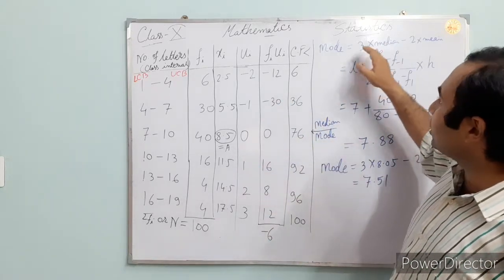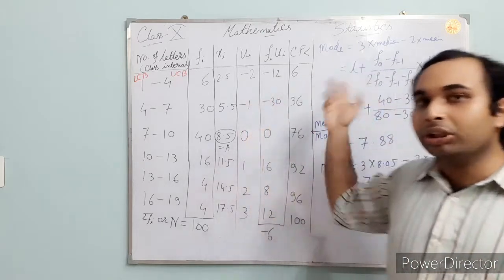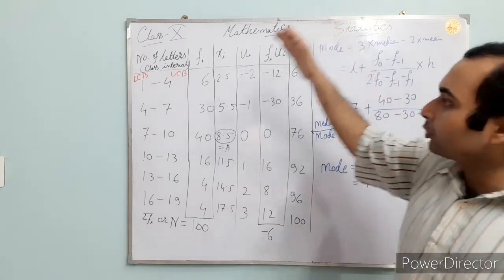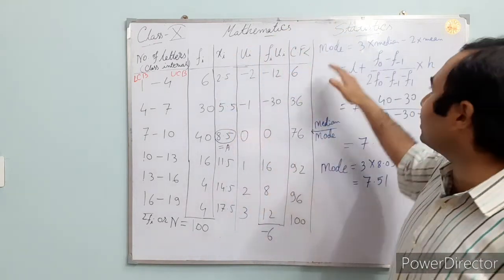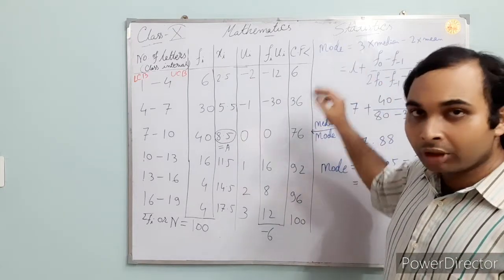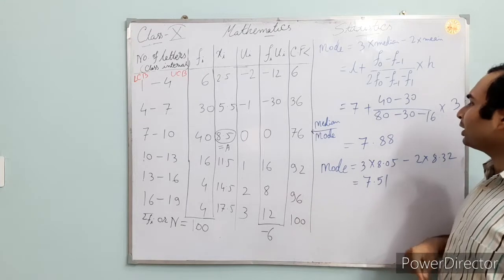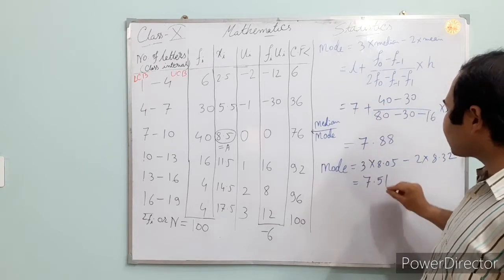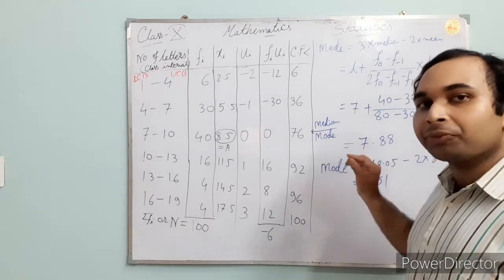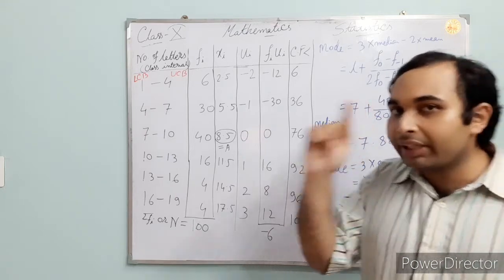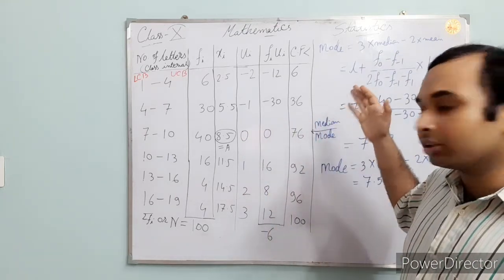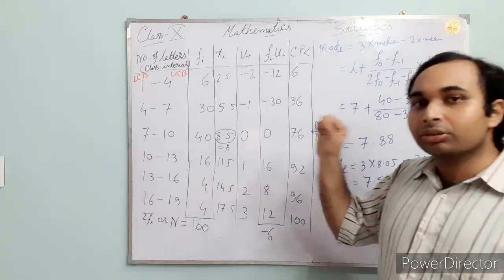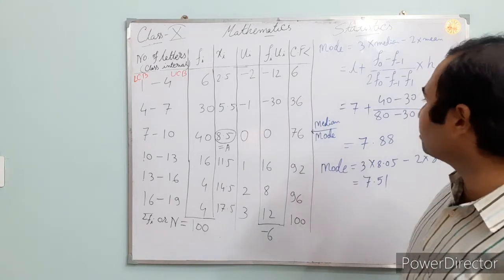If you find this with this one, also in the exam you can do this one. Two cons I have told for this one. One is, if you have to find the mode only, then unnecessarily you have to find the median and mean to apply this formula. And another is, with this formula the answer is coming less correct. For this also you will get the full marks in your exam. I guarantee, because for you those are not the concepts for class 10. But also my suggestion is to do this one. Now it's up to you what you will do.